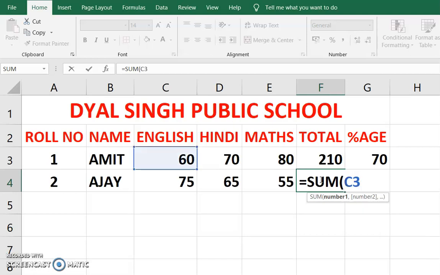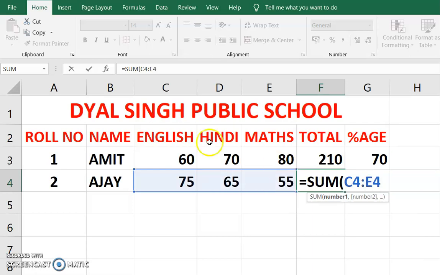C3 colon. Here, because we are calculating the marks of Ajay, so our cell address will be C4 colon and the last cell of this range is E4.